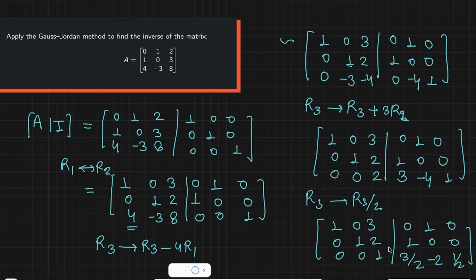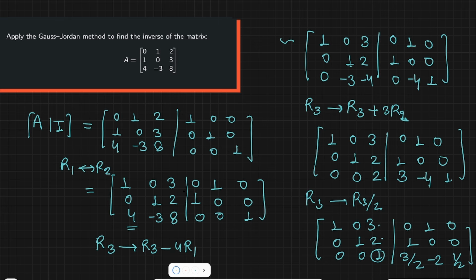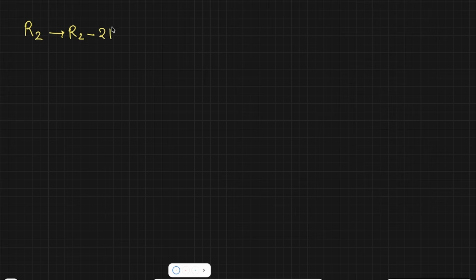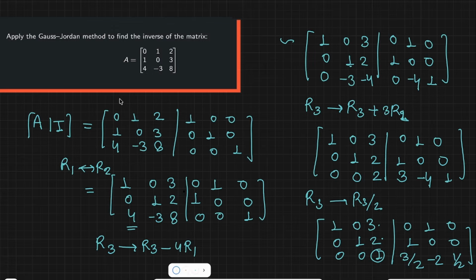Okay, and now using this you just make this 0 and this 0, so I will apply two row operations. First row operation is what, your R2 interchange with R2 minus 2 R3, then it will be 1 0 3 0 1 0. Okay, then this will be 0 0 1 3 by 2